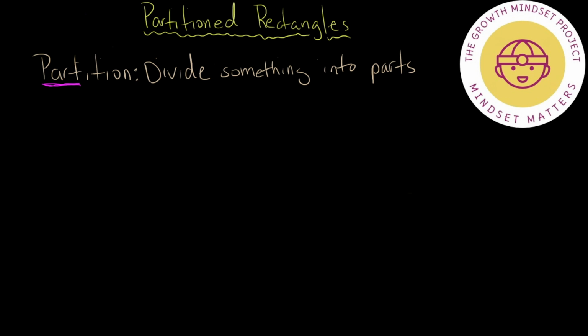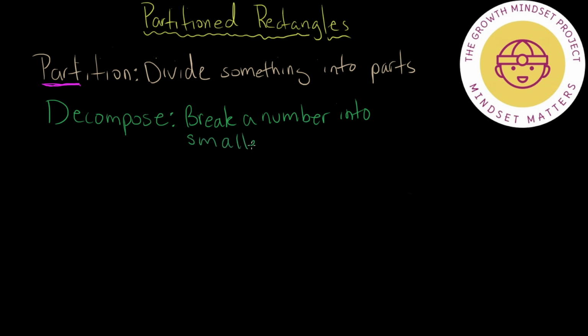The second word that we need to know is the term decompose. We're going to decompose some numbers to help us with this. And decompose means to break a number into smaller parts. Okay? Into smaller parts. So what does that mean? Well, let's take a look at a number and let's see if we can work out what it means to